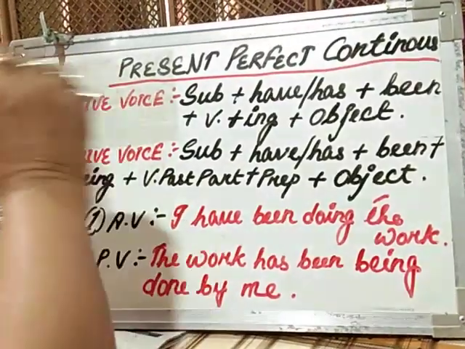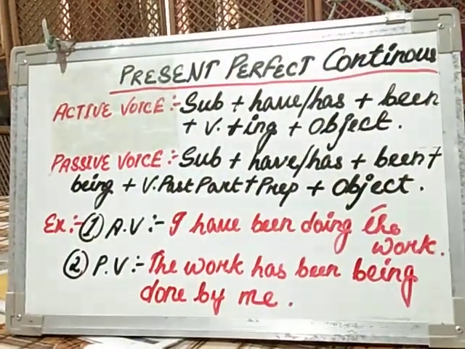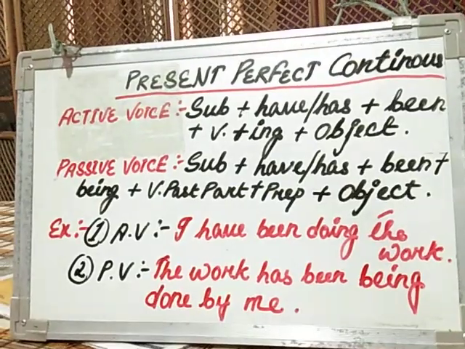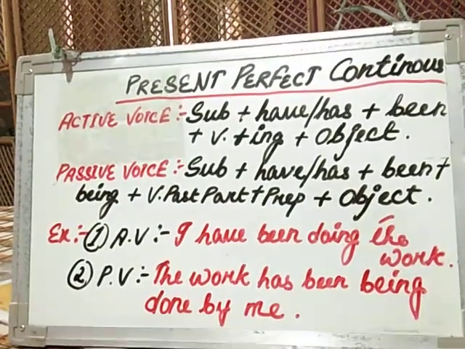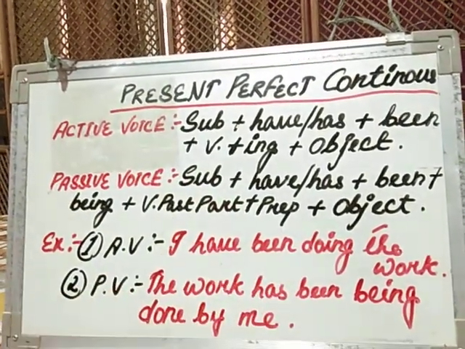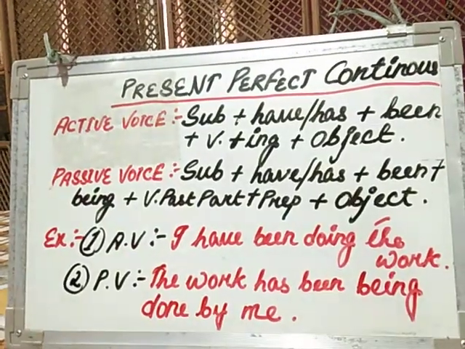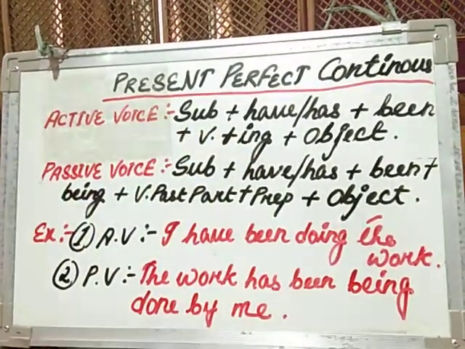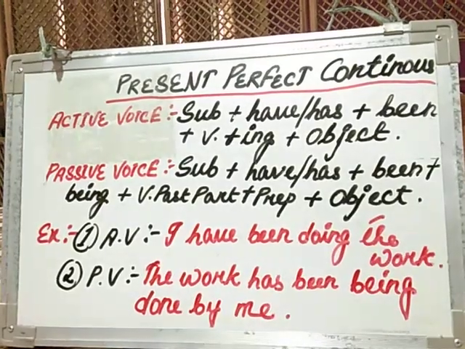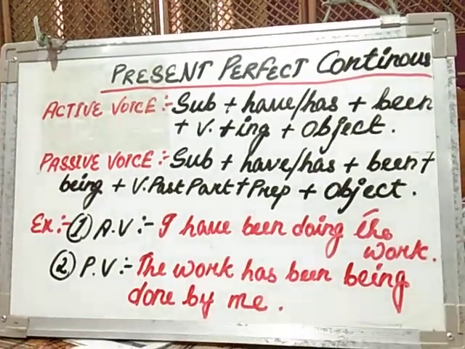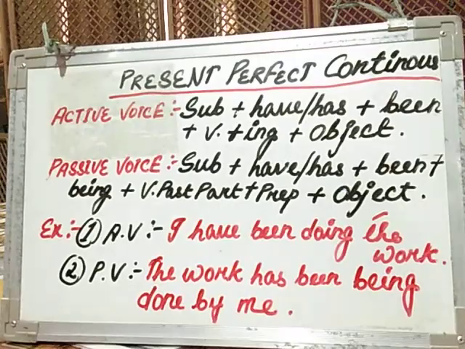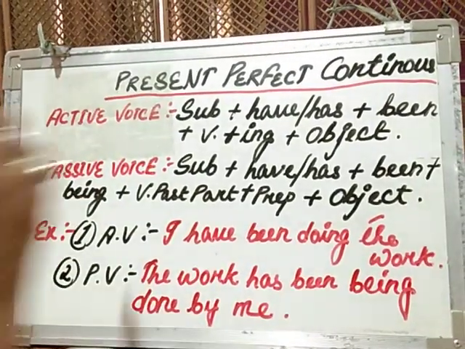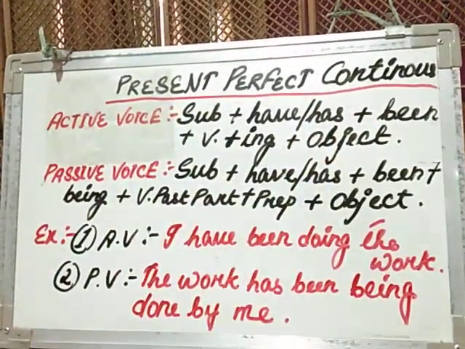In the examination, they will not write this thing. They will just give you a sentence. You have to remember what things are present in the sentence and in which form it is. So you don't mistake it. Don't mistake it for present continuous. Present continuous is different. Present perfect continuous is different. So these are some rules you have to remember.